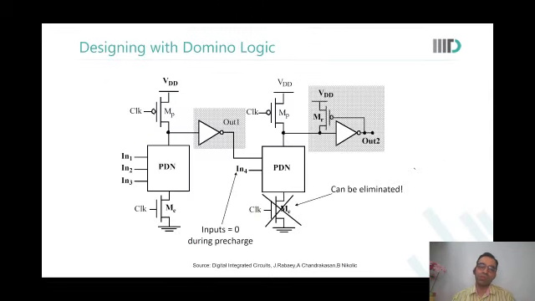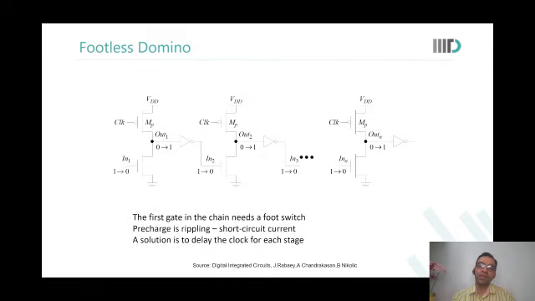So this is called footless domino, and it has to be used only very carefully. You cannot just remove all the footers and go ahead. It cannot work. But what is being said is there is a scope of further optimization. We were talking about n+2. We could possibly do with only n+1.